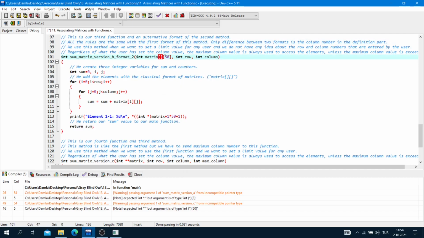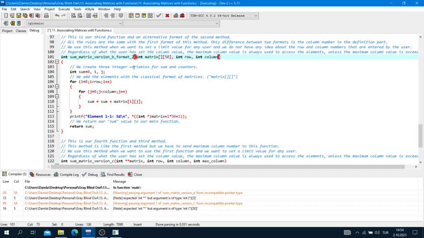Here, I write 50, but I create a different matrix. Its row number is equal to 2 and its column number is equal to 3, but I send a matrix with the column number 50.